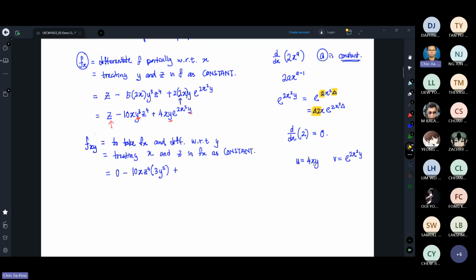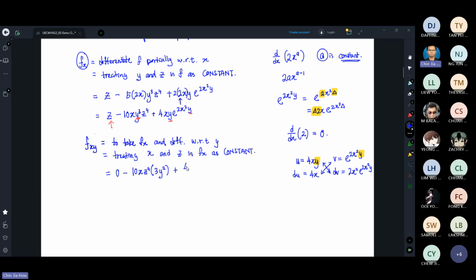Remember that we are going to differentiate with respect to y, treating the other as the constant. Then differentiate the u here, we get 4x. Differentiate the v here, we get 2x squared e^(2x squared y). Then by the product rule, which is done in such a way, the sum of the cross, we have u dv,